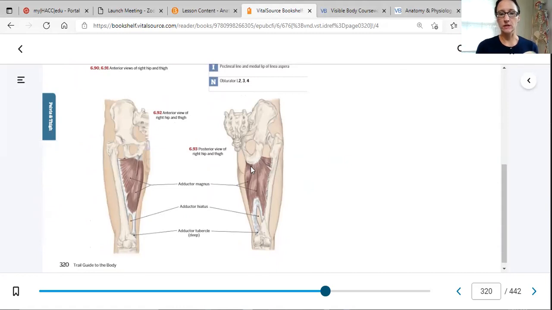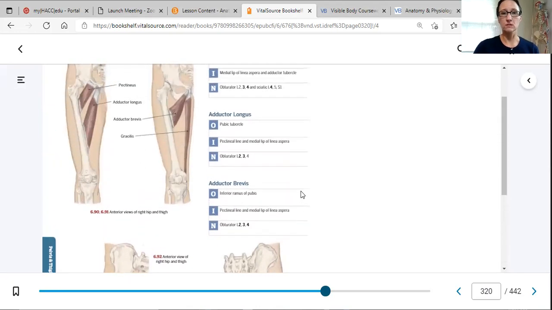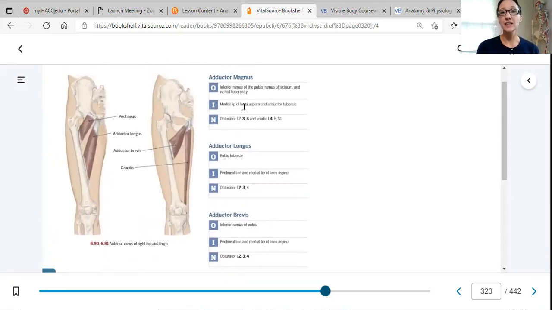That whole area right there is the origin, which means that all of this is going to be the insertion. So let's see what we have here. Medial lip of the linea aspera. Remember, I said we are going to be using those. Yes, indeed. So medial lip of the linea aspera. So here's the head of the femur, which makes this right here. You can see the shadows. This right here is the medial lip of the linea aspera. Okay. So that's what we're talking about in terms of insertion, medial lip of the linea aspera, and then the